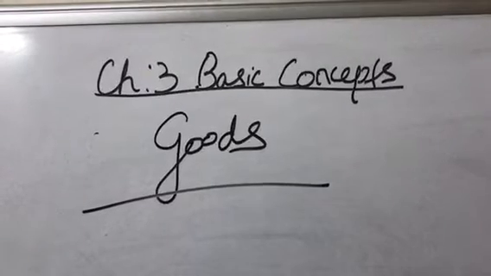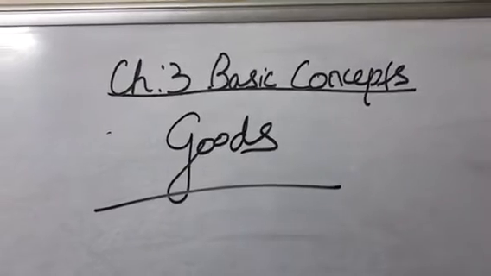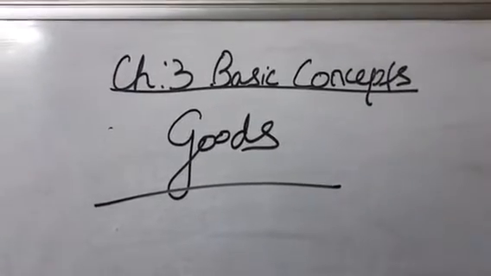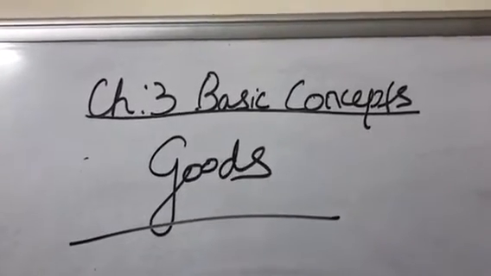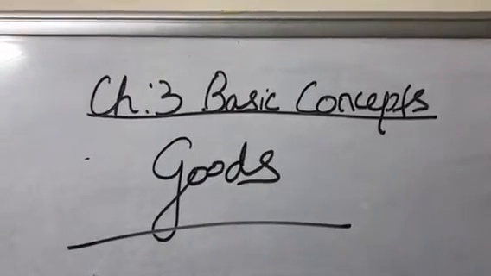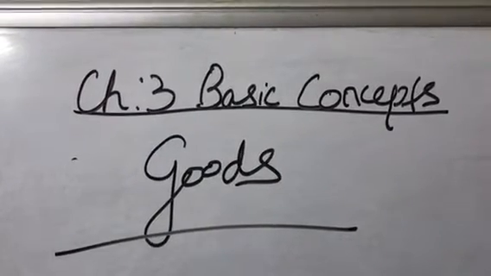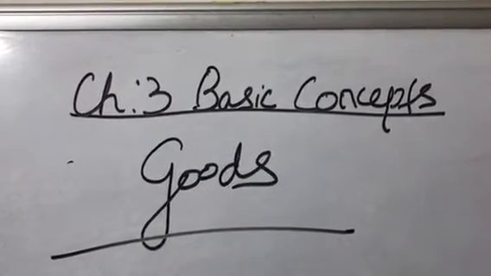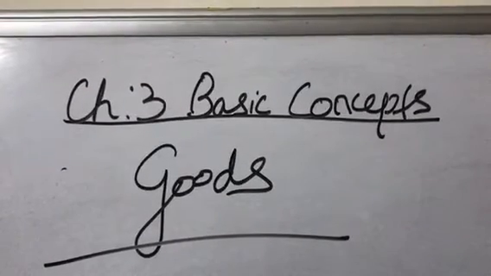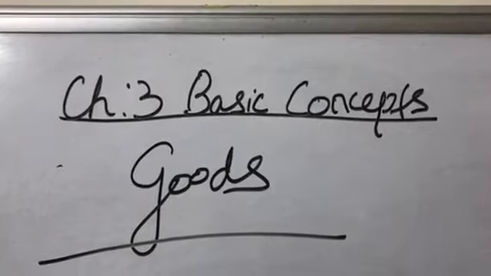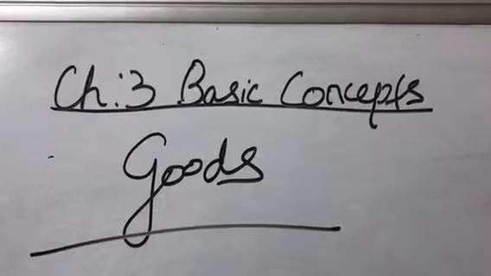So goods. What is a good? You say things which are to be consumed. Okay, nothing is wrong over here. But let's take an example of air. At present, there are 2 types of air: the one which you get from your fan and the other which is called natural air. In your knowledge, both are goods, right? But in my knowledge, one is not a good and the other is a good.